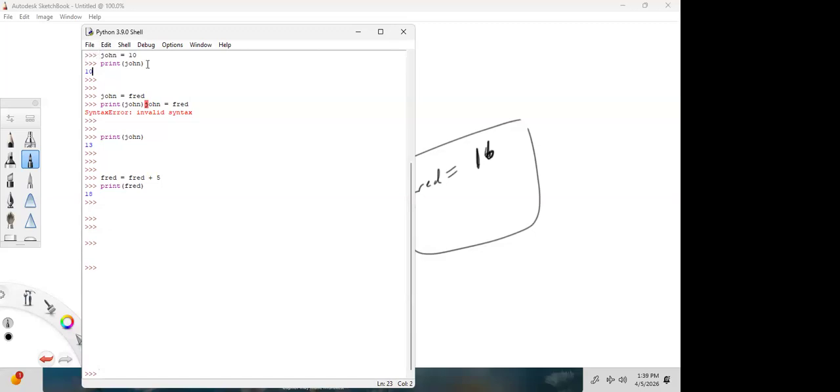So we said John is 10, right? And then we said John equals Fred, and Fred was how old? 13. So when we say print John, it printed 13, right? Yes. So how old is John now? 13. And we can make sure we can say print